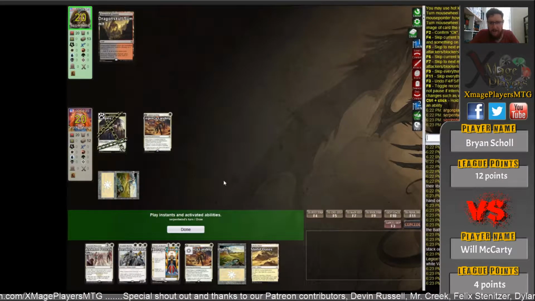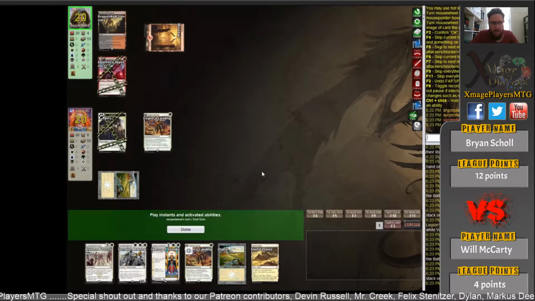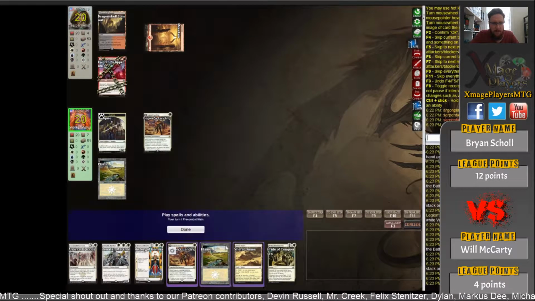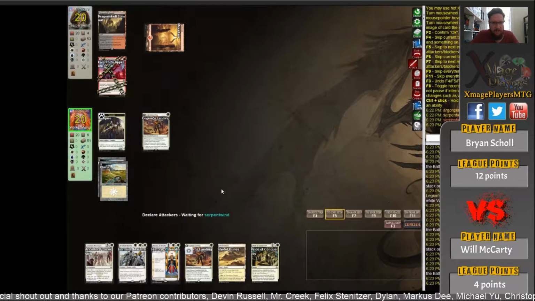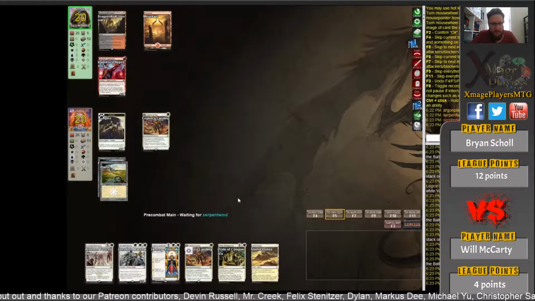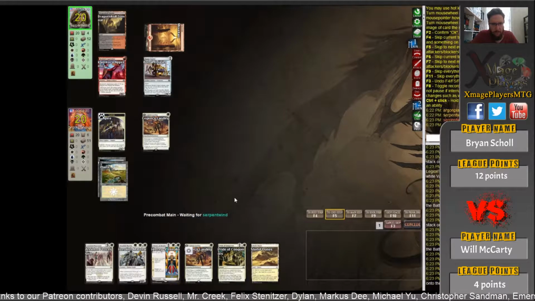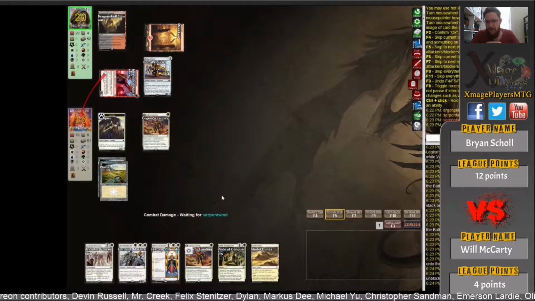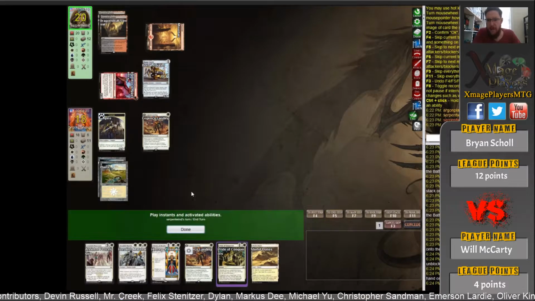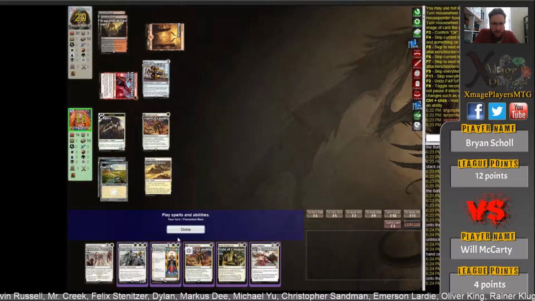This is one of the new decks from Dominaria. It's mono white aggro against a red black kind of aggro deck. You can see the Inventor's Apprentice there. Coming into this match, Bryan Scholl had a very good first week, picking up the maximum 12 points. Will McCarty was a bit down, he only got 4 points, so he's hoping for a better performance this